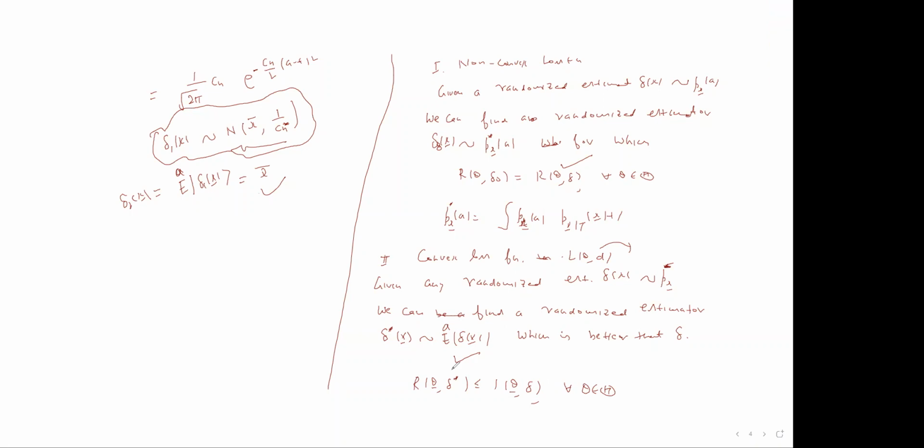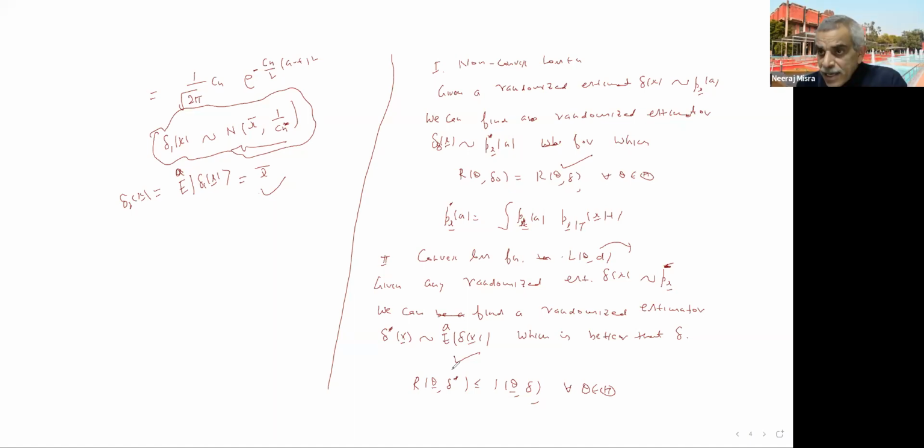Yes, sir. And so the distribution of the randomized estimator will always be given to us. Yeah, randomized estimator is determined only by its distribution, right? Corresponding to every randomized estimator, there is a distribution, which tells you how to do the randomization. For example,